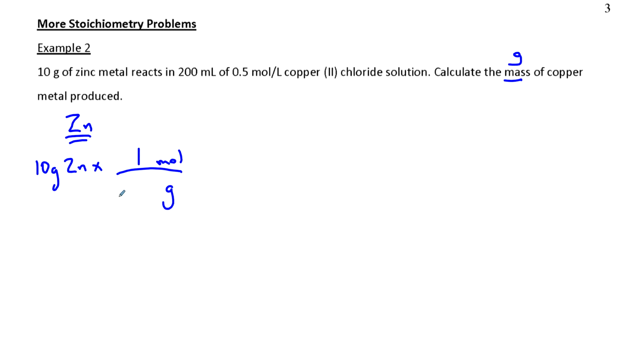Okay, so the molar mass of zinc is 65.39, and that would result in 0.153 moles. Okay, for the copper 2 chloride,